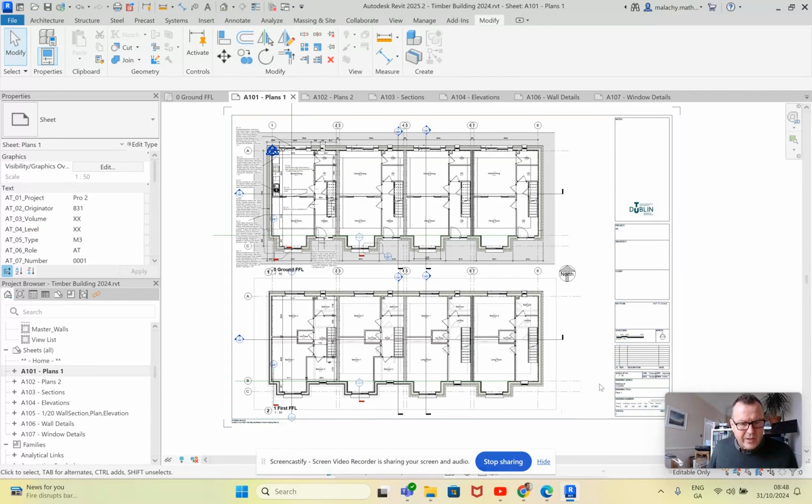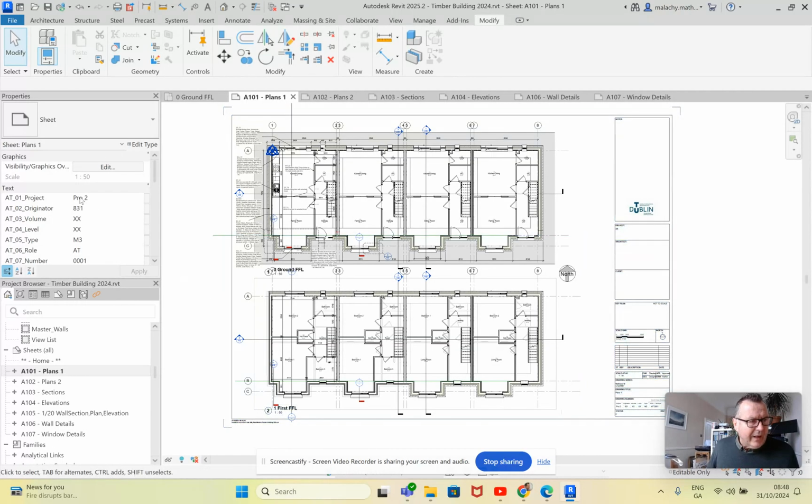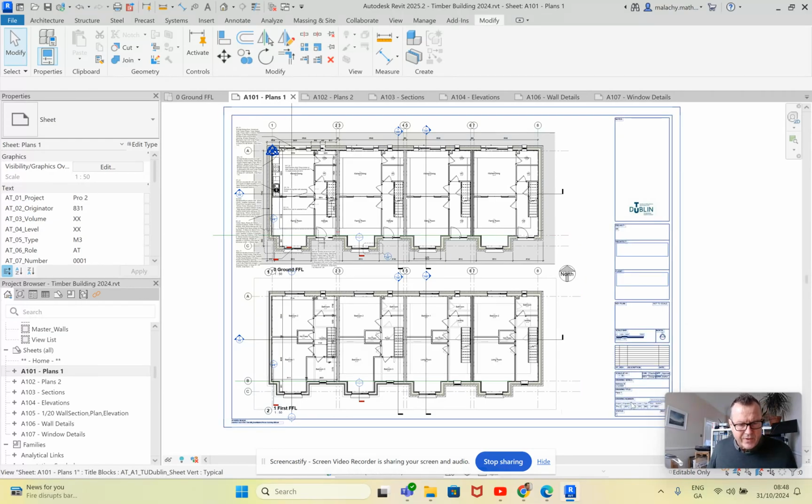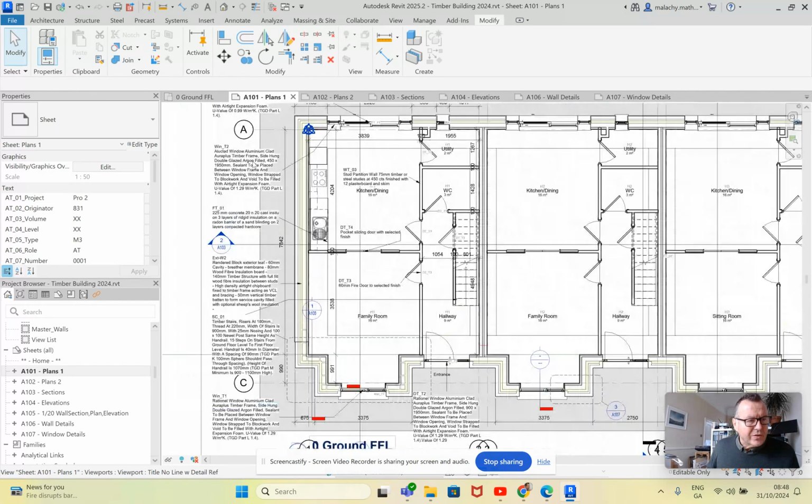I need to make sure that my title block is filled out here. Okay, and there are the parameters that I use to fill out the title block down here. I've got my general construction notes in. I've got my door and window tags in place as well. I put in some kitchen